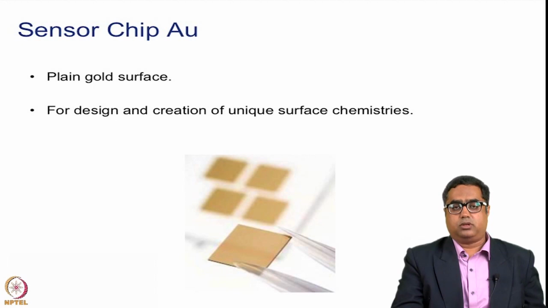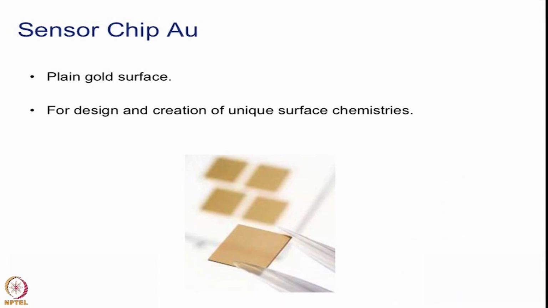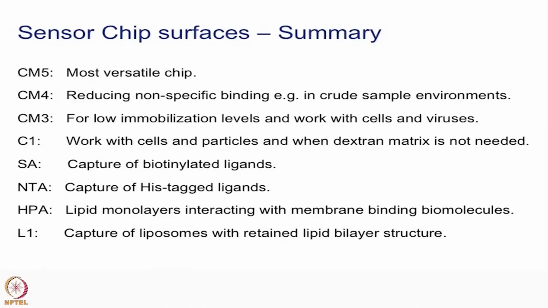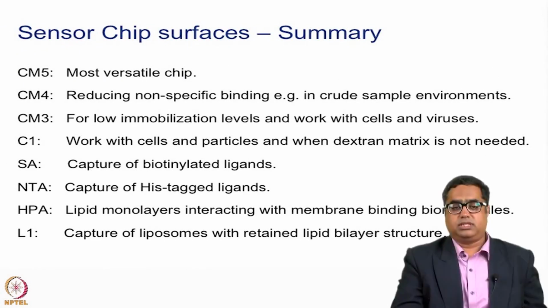Nowadays, there is also something called the plain gold kits that are available, and these kits have portable gold surfaces. The portable gold surfaces can be taken into a laboratory, and you can do the required immobilization of the molecule, and then insert it into the chip cassette and into the Biacore system for studying the interaction. The summary of the different chips as we just went through: CM5, CM4, CM3, C1, SA, NTA, HPA, L1